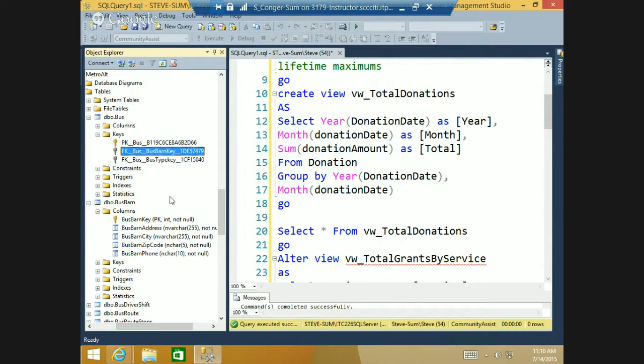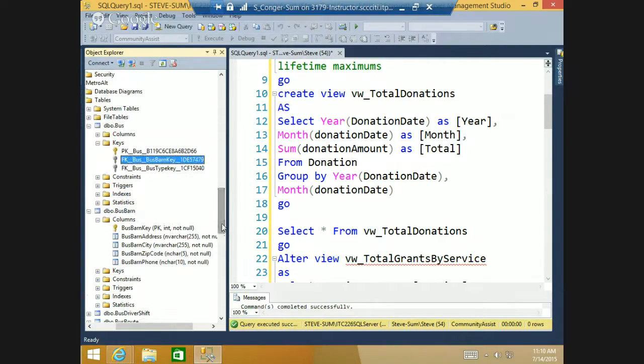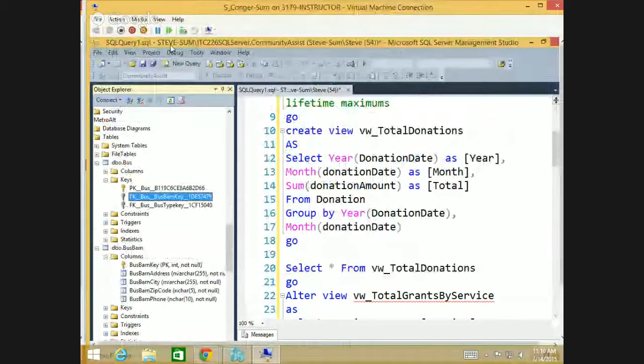So how do you want it displayed? Do you want it like bus barn 1, 2, 3, and 4, or you could do the bus barn address and city. If you're doing an inner join, this is how I do that, plus 4 times on 4 different conditionals. Okay. Because you just select count of bus key for buses, and you just group it by